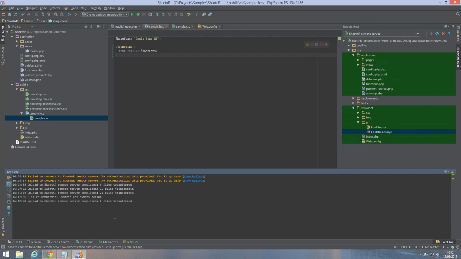Pretty easy. We've seen how we can automatically deploy to a remote server whenever we make a change or whenever we hit Control-S. We've seen how we can deploy to a remote application server whenever we run a run or debug configuration. Pretty interesting. And we've seen how we can deploy our application to a remote server whenever we commit to VCS. That's all pretty interesting, but